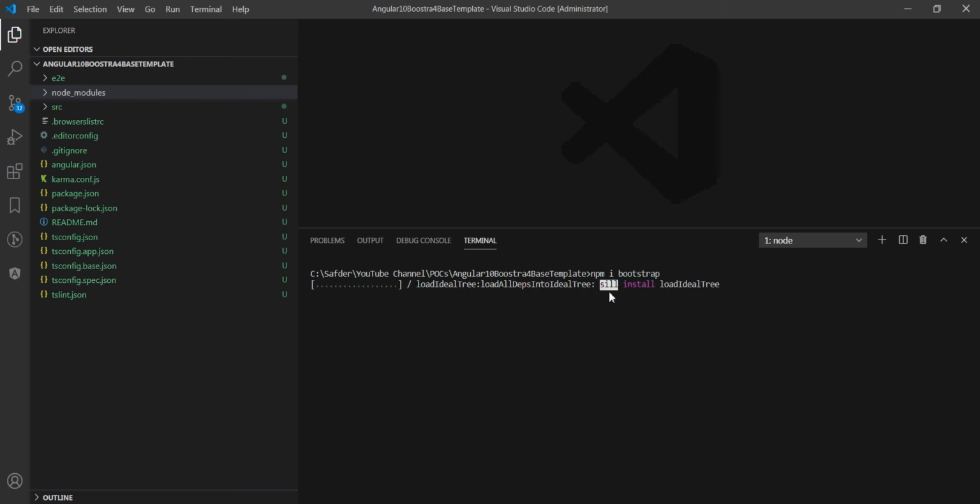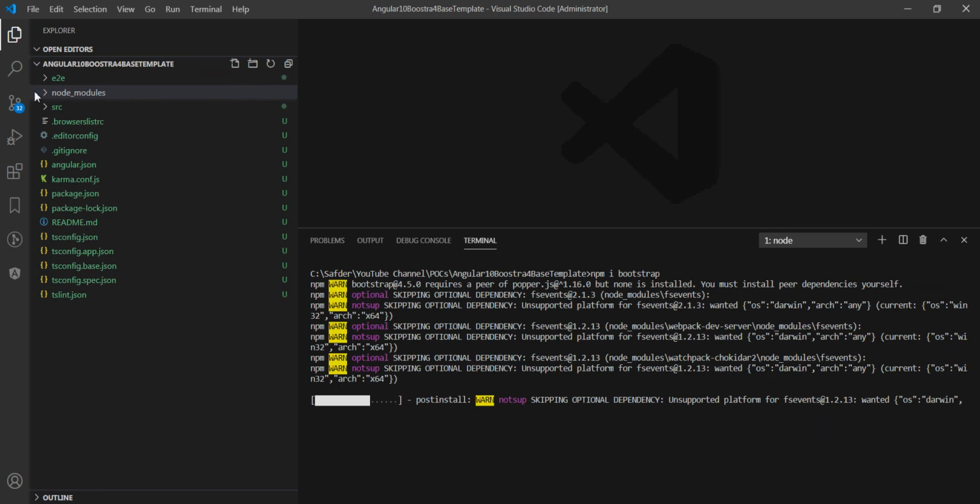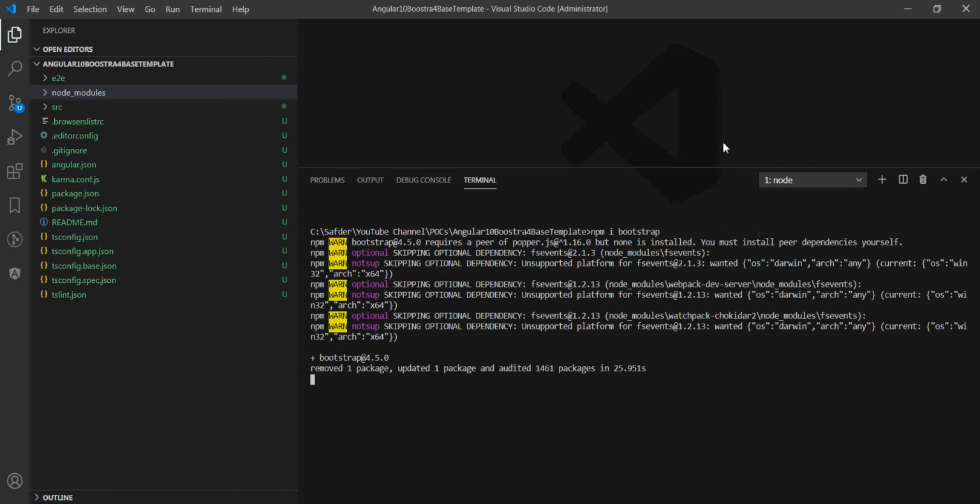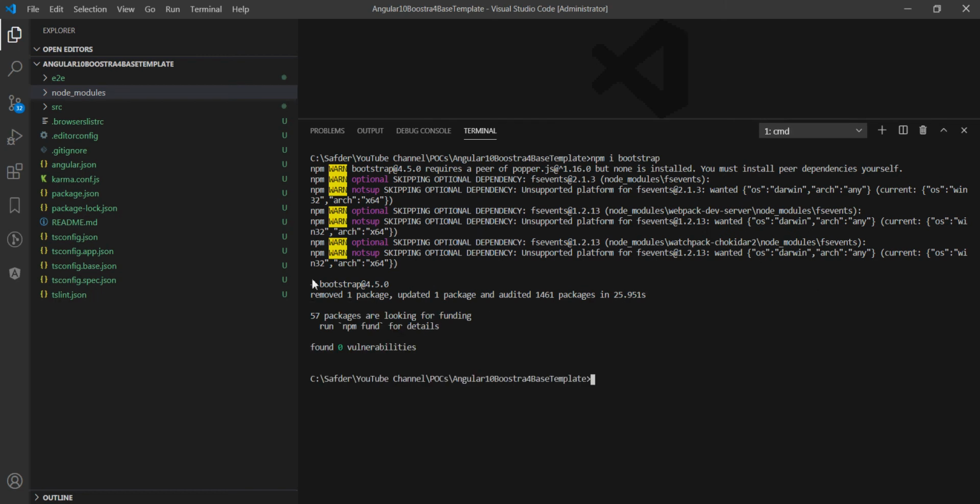It is installing Bootstrap. You can see that installation is in progress. Yep, here you can see Bootstrap version 4.5.0. Actually I already had this package in my project, so it is showing one removed, one updated. So that package is updated.